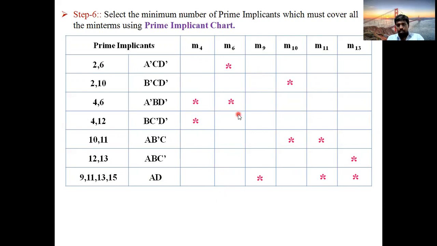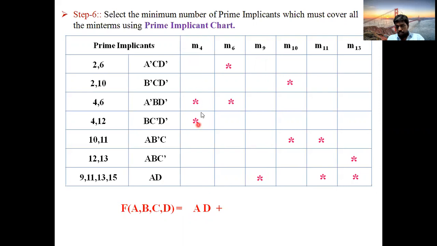Okay, now it's the same process. First you find out a single star column among all the terms. M9 is the only single star column. Directly take the answer into the, what is the answer here? AD. So write AD into the final answer. Okay, take directly a single star, that value AD, into your answer. Okay, now go for verification of 2 stars.